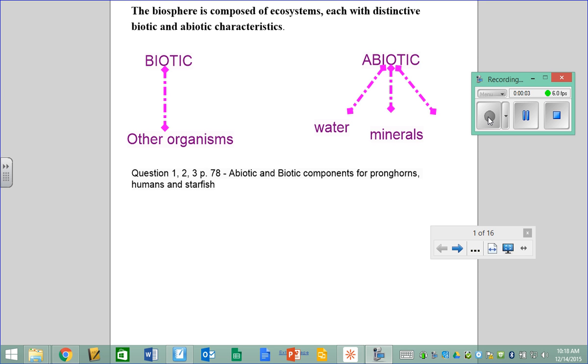So we are still talking about the biosphere. That has not changed. The biosphere, remember, is anywhere that life exists, and there are three basic sections of the biosphere: atmosphere, lithosphere, hydrosphere. We saw those back in chapter 1. But because we're talking about the biosphere, we're really focused on the life that exists there.